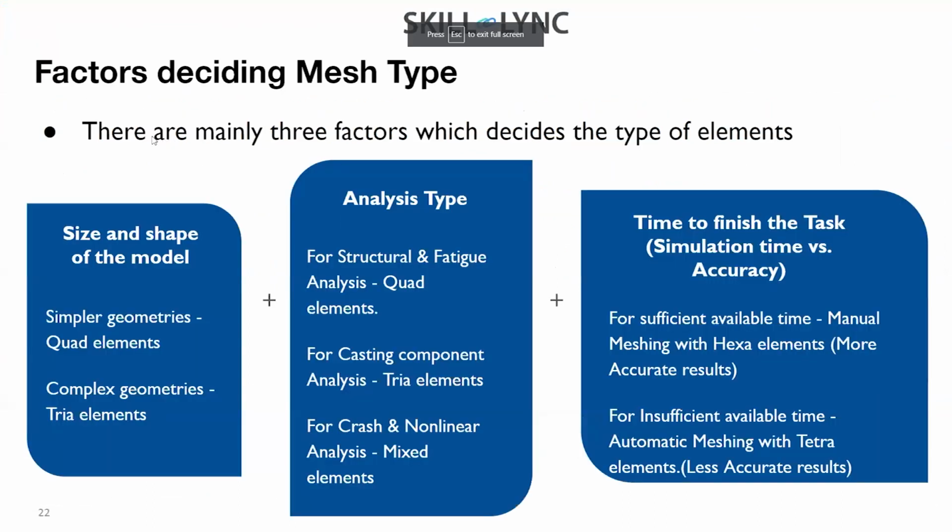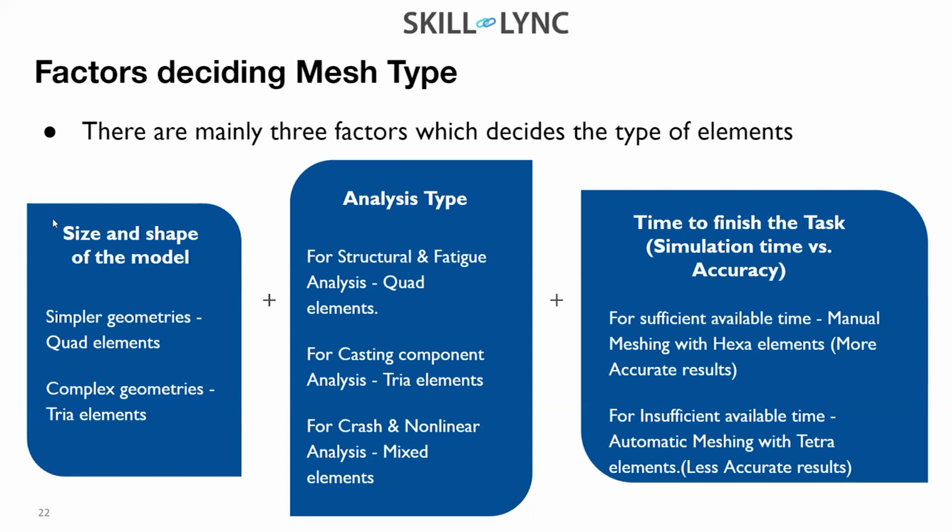So, factors deciding the mesh type. Again, what type of mesh to use? See, 1D elements are there, then 2D elements, which capture quads, in engineering terms, and trias, or triangles. And for 3D, you have hexa elements and tetra elements. So what type of elements to use is again one important thing which ideally we should understand.